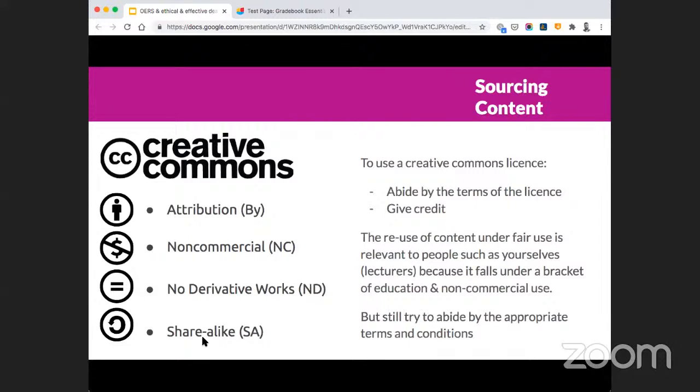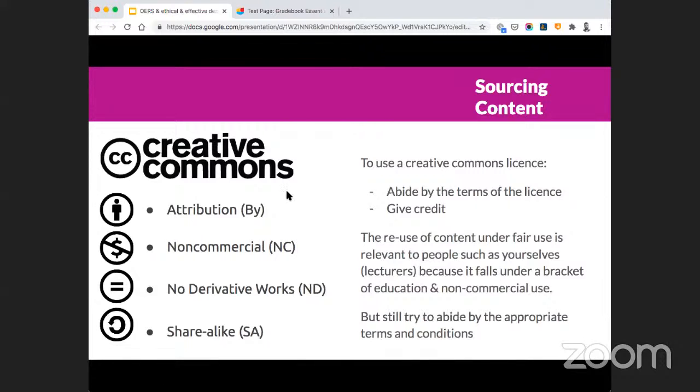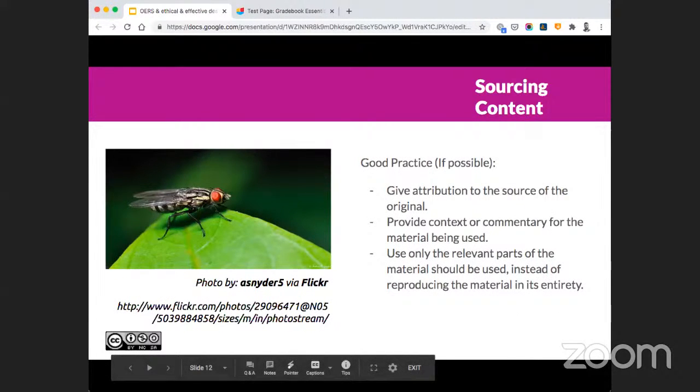So generally, if you do want to use something which is available under a Creative Commons license, the critical element is that you abide by the terms of the license. There's any number of combinations of Creative Commons licenses. For example, if we look down here in the bottom left corner, you can see this is a CC license, which identifies that